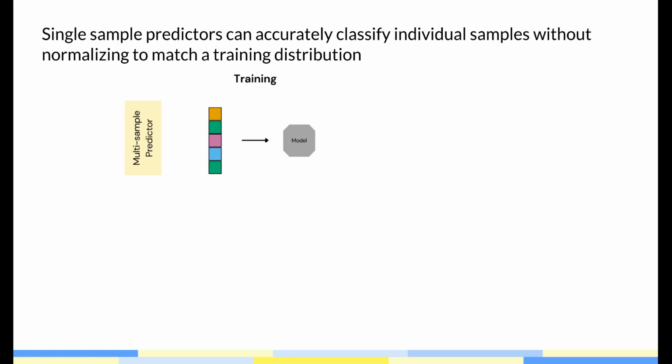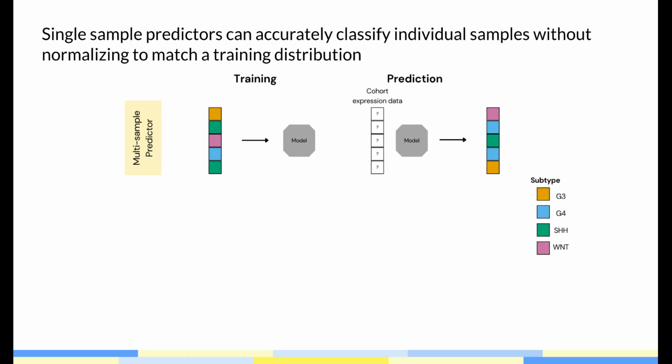So for multi-sample predictors, you have a training data set with subtype labels that's used to produce a classification model. And that classification model is then applied to a cohort of gene expression data. And predicted subtype labels are then the results or the output of this classification model being applied to that data set. So you get subtype labels for that entire cohort of data,